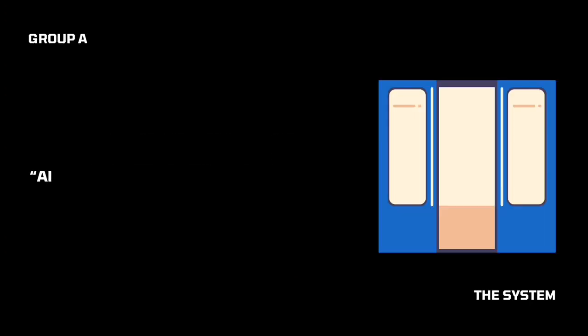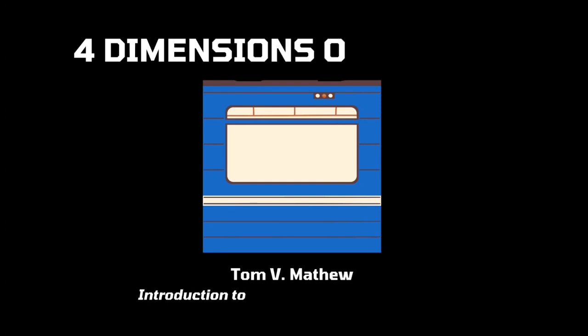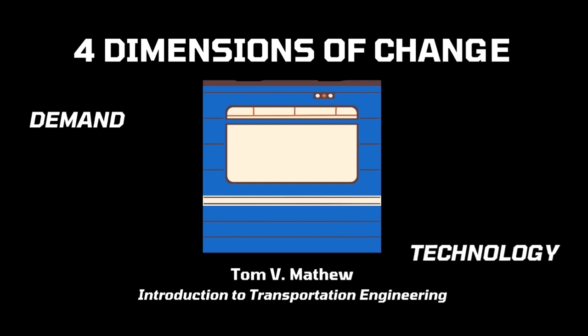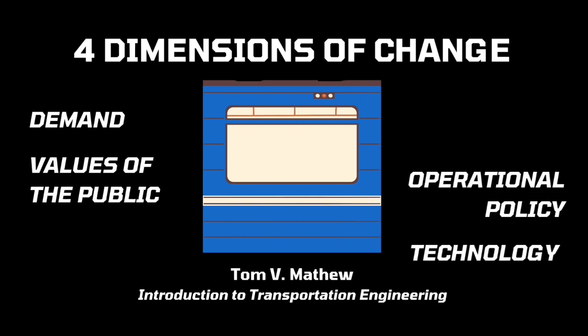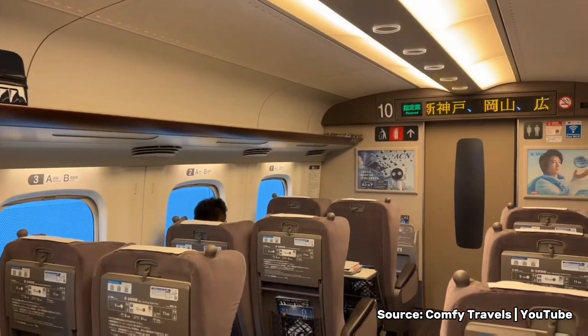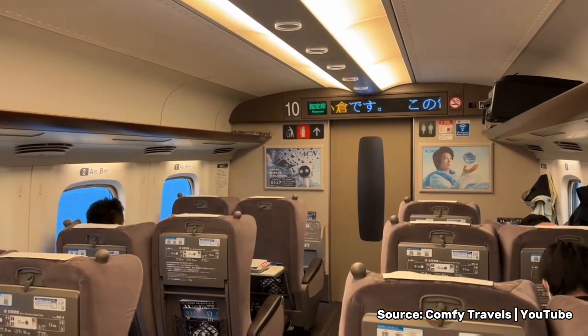Now let us move on to the second principle, which says all movements through the transportation system must be considered. This principle can be related to the four critical dimensions of change in transportation systems as identified by Tom V. Matthew. The dimensions of change are change in the demand, technology, operational policy, and values of the public. These dimensions of change, according to Matthew, can form the background to develop a right perspective when analyzing a transportation